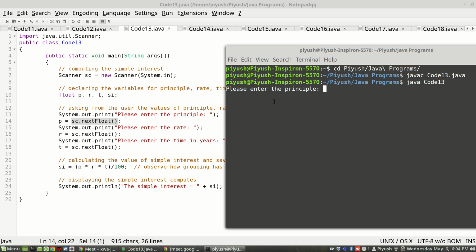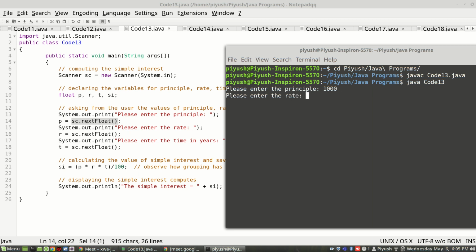So after printing this, it is immediately waiting for you. Now let's say you put 1000. Because it is an integer value but you are providing it as a float, it will become 1000.0 automatically inside. So we press enter.